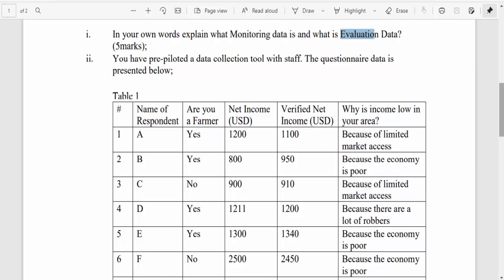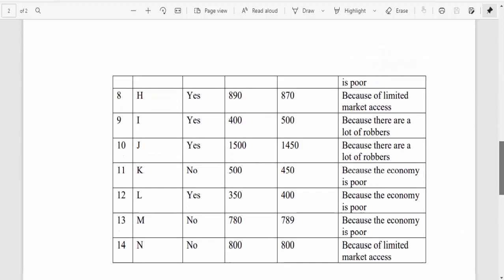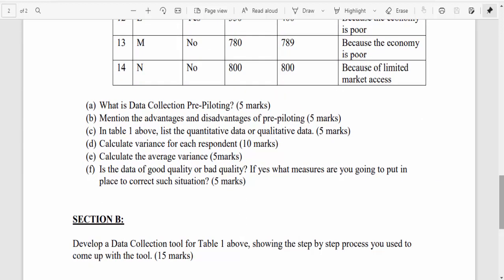After coming up with the actual tool, you do a personal testing of that tool. Personally, you just sit down, you test it yourself. Okay, it's more like another stage of the desk review, but you test it yourself on the desk. Then after that stage, you do the field testing, which is the pre-piloting with your field staff.